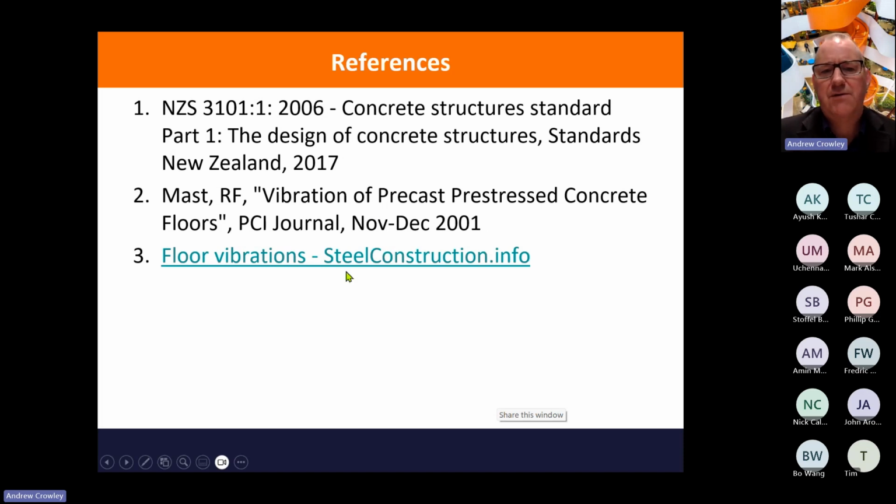And if you want to see more about vibrations, go look at the Steel Construction Institute's website at